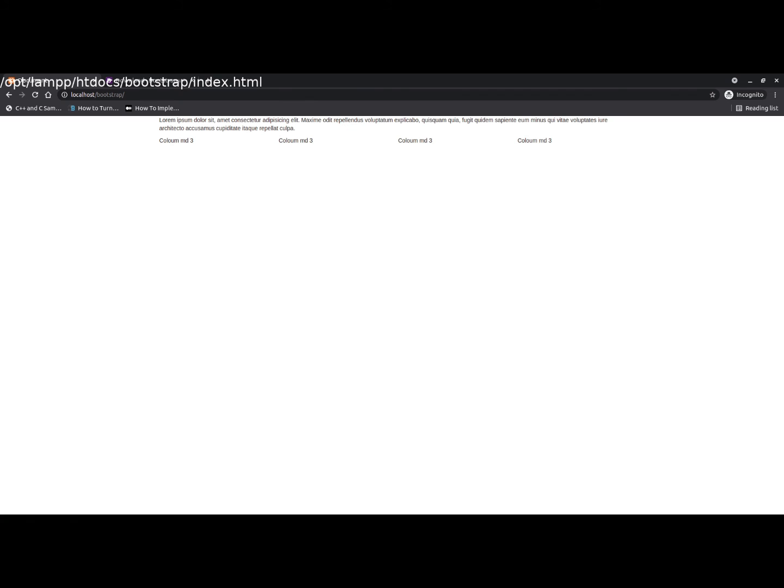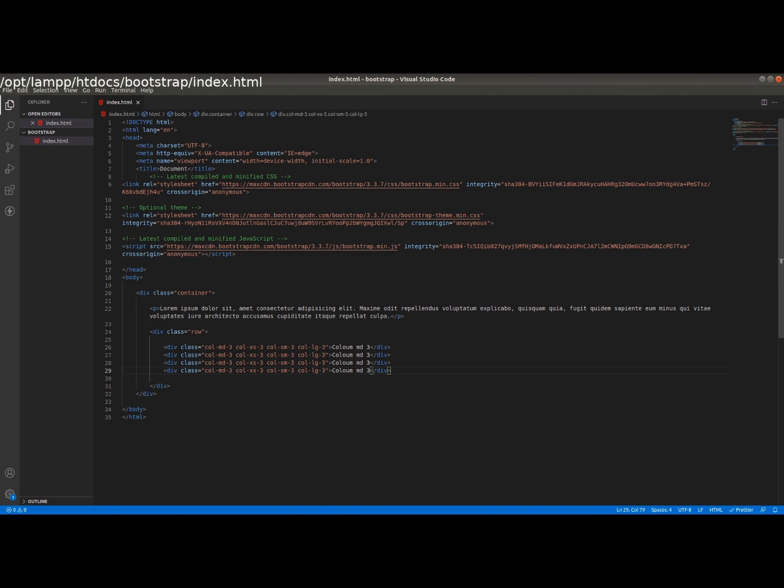So this is about the classes. This is about the col-md, col-sm, and col-xs. What are col-md, col-sm, and col-xs? Basically, these are grid classes. xs is for the phones, so we are writing the media query for 576 pixels. So that is for the phones, xs, sorry. sm is for the tablets, md for the desktops, and lg for the large screen desktops.